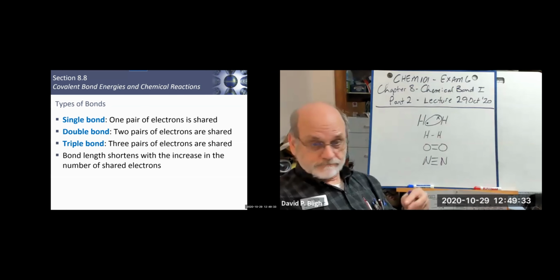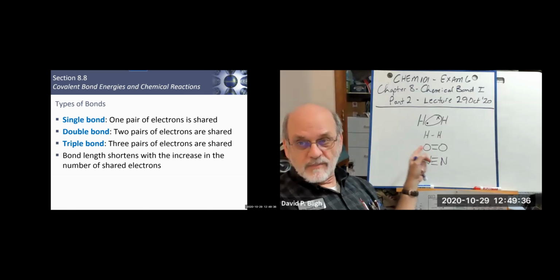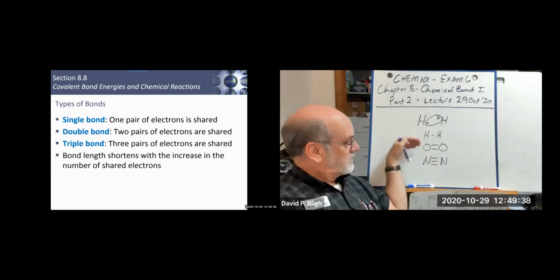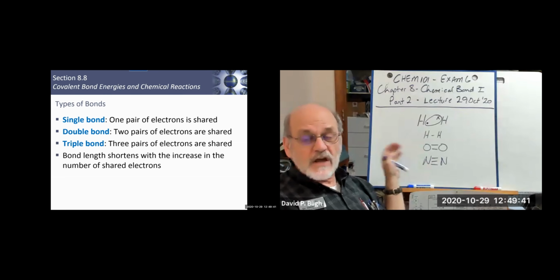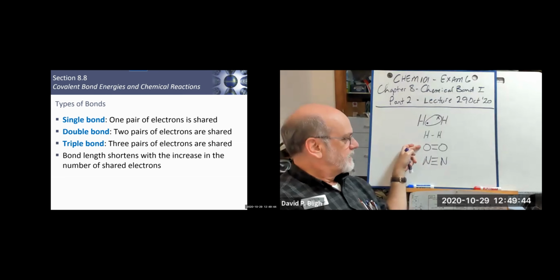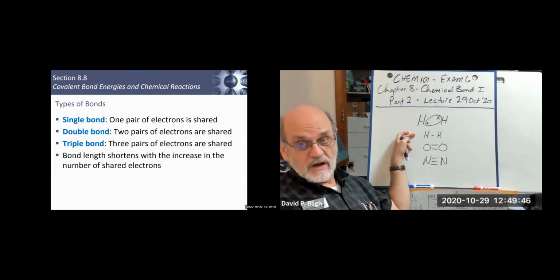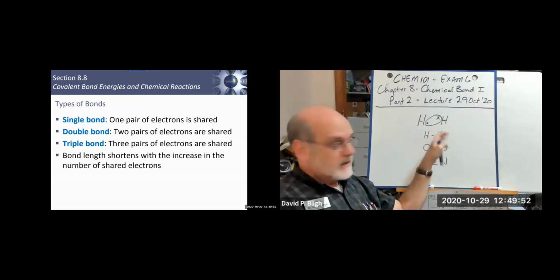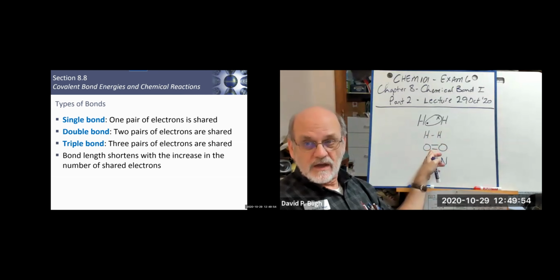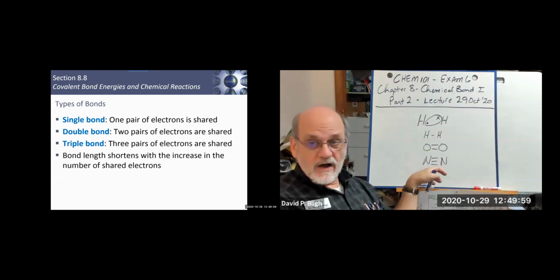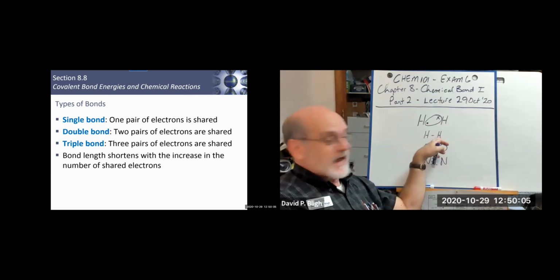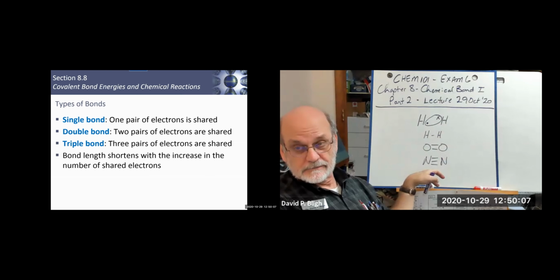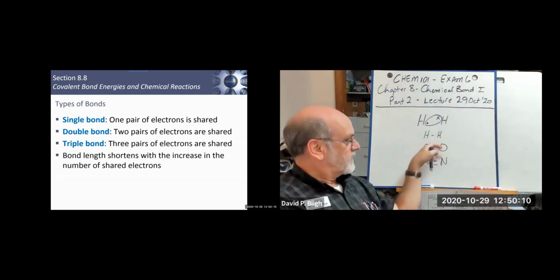Now, in general, the strength of the bonding between the elements increases with the number of bonds. It does not increase linearly, though. In other words, this double bond is not twice as strong as that single bond. So if you put a certain amount of energy in to break this bond, it'll take more to break these 2 bonds, but it won't take twice as much. Okay. Similarly, with 3 bonds, this is a very strong bond, but it doesn't take 3 times as much as the hydrogen to break the bond. It takes more than this and more than that,